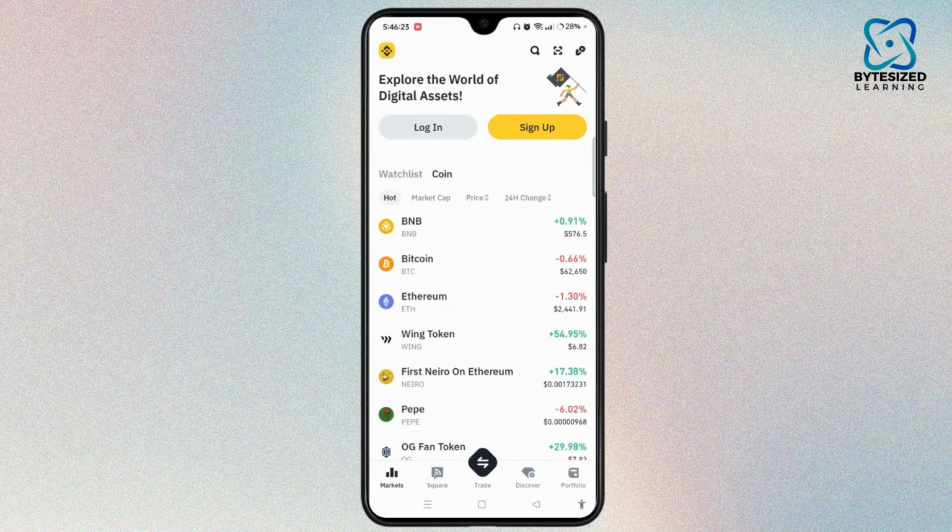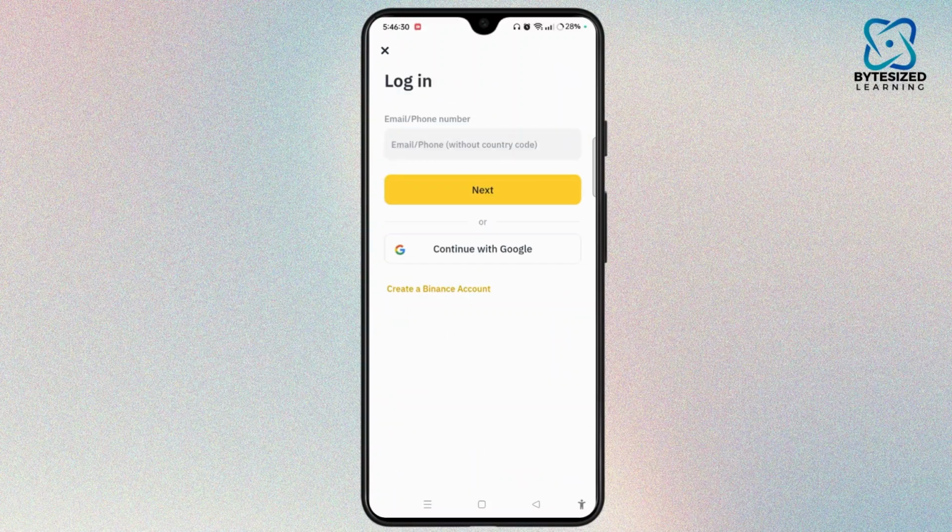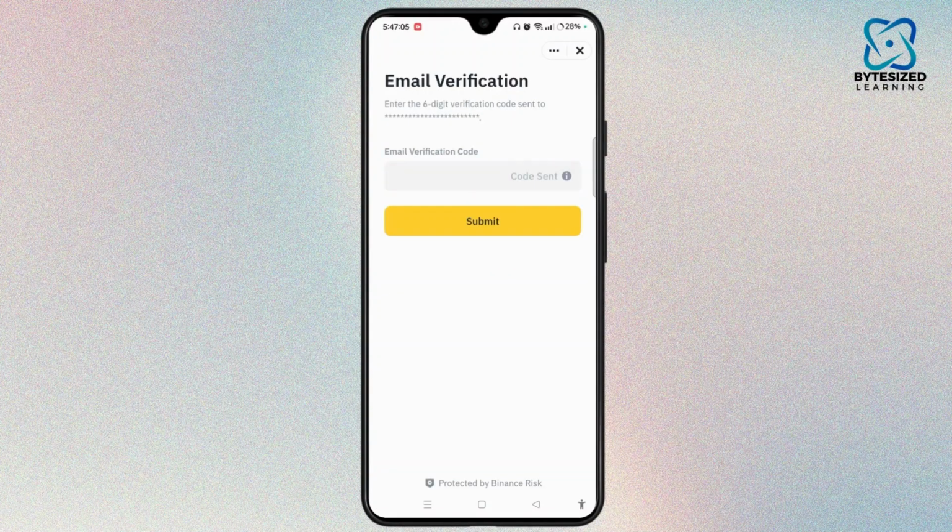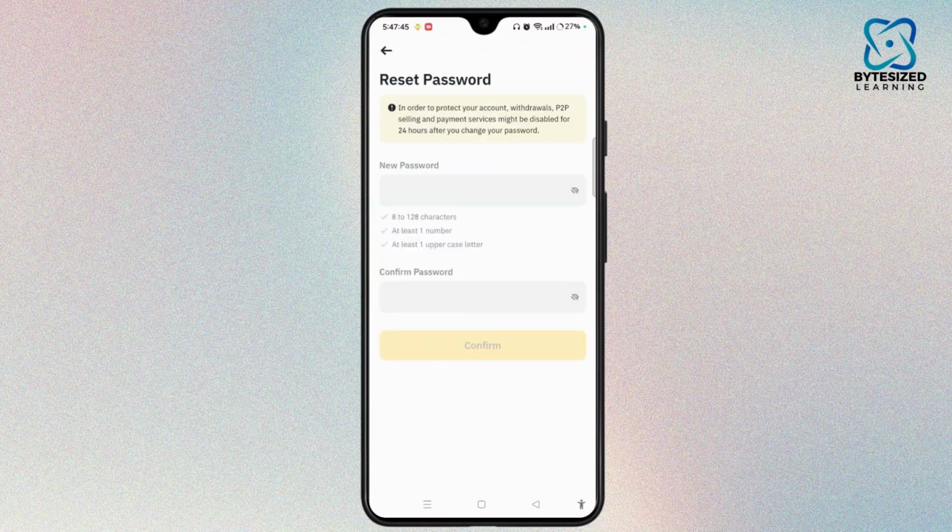Click the login button at the top left corner of the screen. After that, enter your email or phone number and then click the next button. A 6-digit verification code will appear in your email. Simply submit that, and then here you can easily reset the password if you haven't reset the